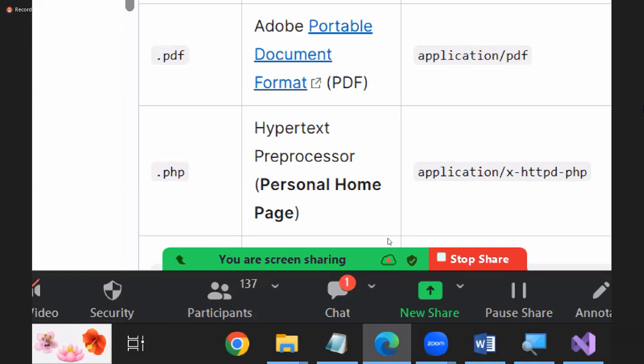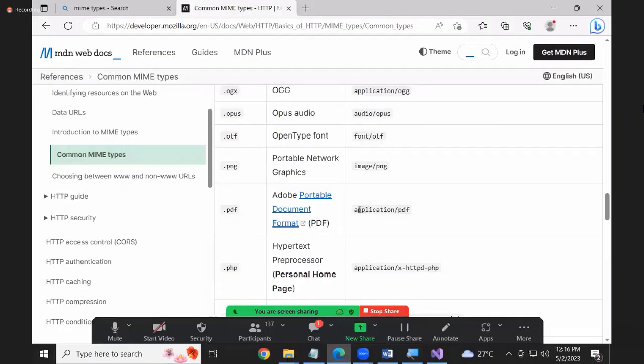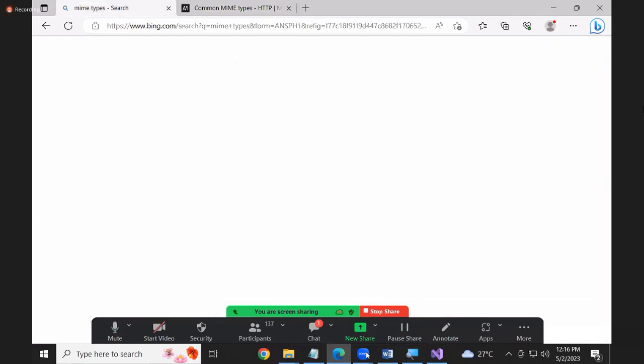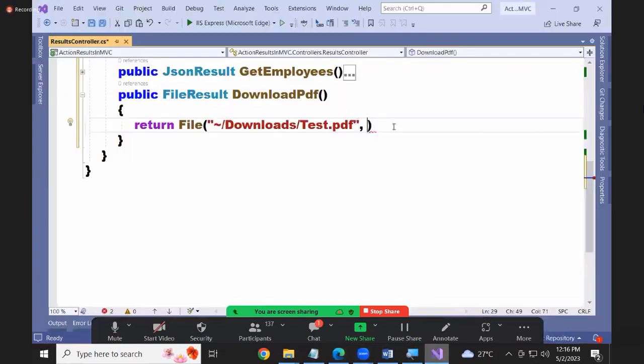PDF, where is it? Application PDF. So we need to specify this also. PDF stands for portable document format. Basically, it is a portable document format. Application class PDF. Same way,